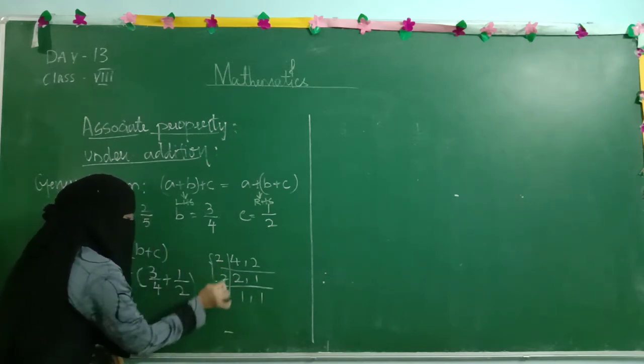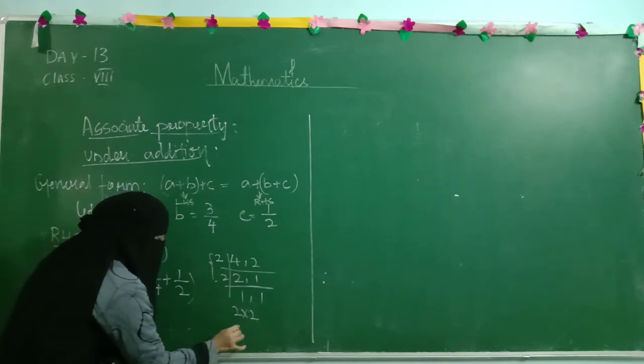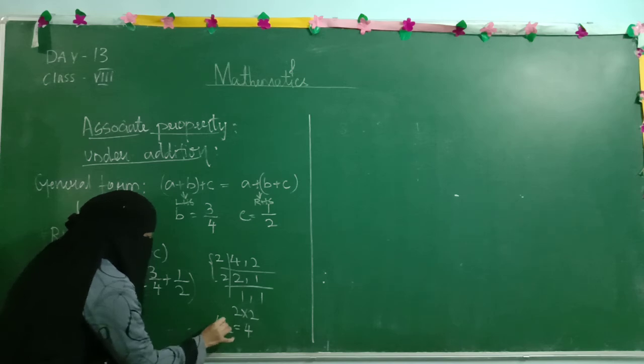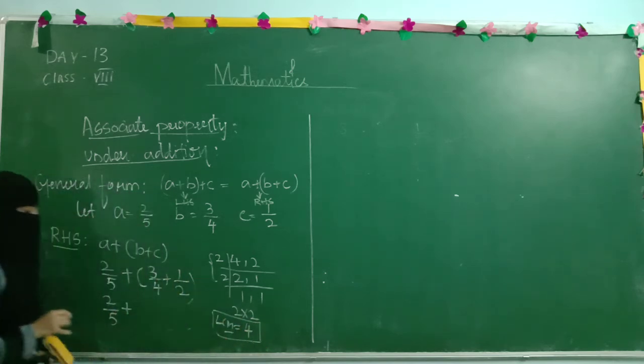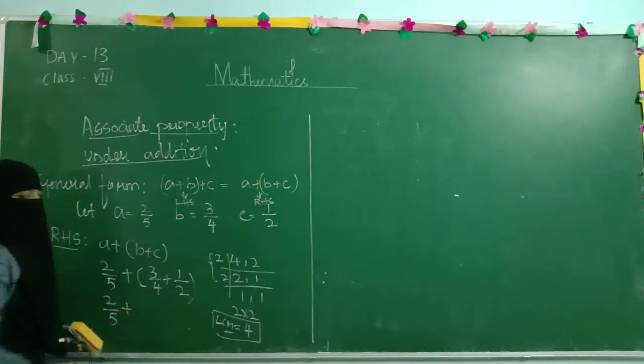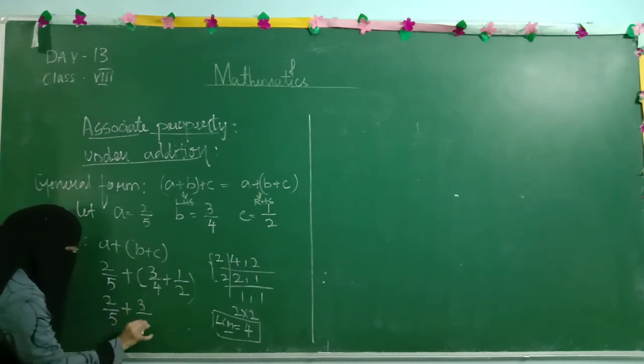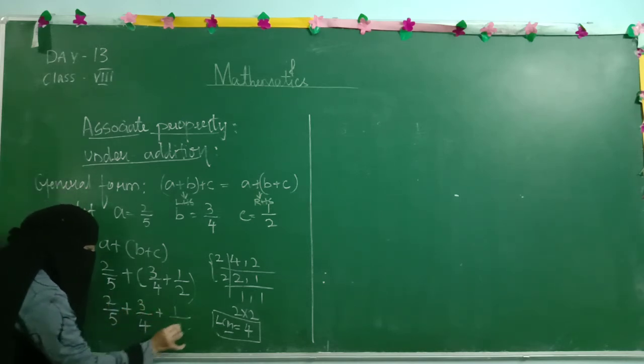So here these numbers we are multiplying, 2 times 2, which is nothing but 4. So here you got the LCM as 4. Now what we have to do? Whatever the LCM we got, in the denominator we have to make it as 4. So this 3 by 4 plus 1 by 2.